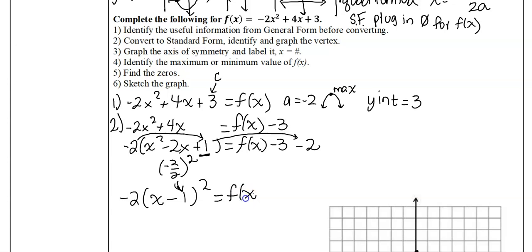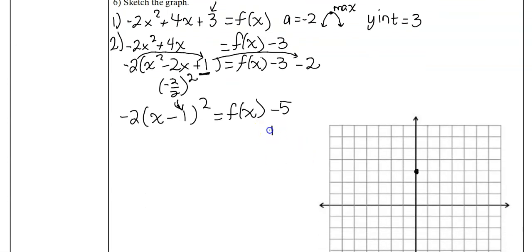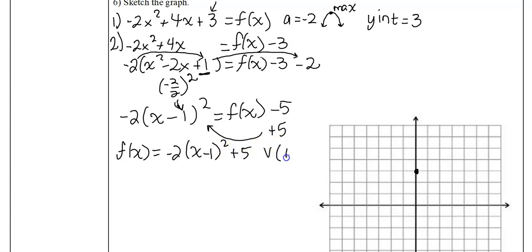Equals f of x. We'll simplify the right side here. Equals negative 5, or minus negative 5, pardon me. Now we'll add 5 to both sides to put it back in standard form. So we're going to put that back over there. So we get f of x is equal to negative 2 times quantity x minus 1 squared plus 5 with a vertex at 1, 5. And then I'll go run over here and sketch